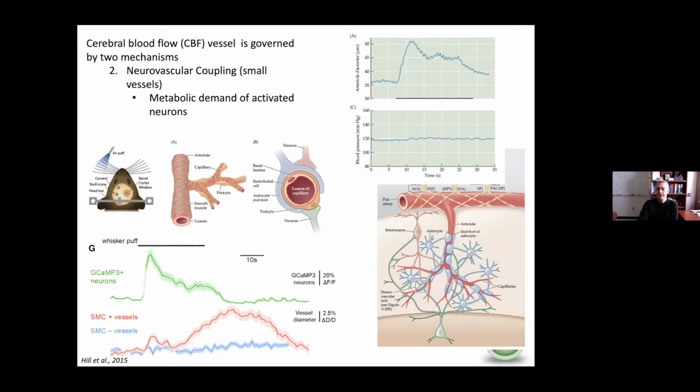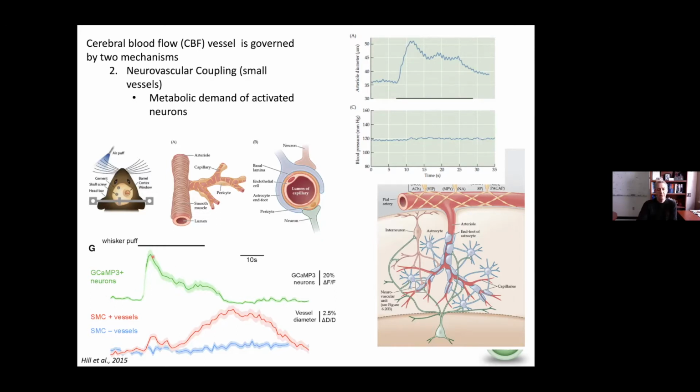And so here, in particular, in blue, you have the glial cells, the astrocytes, whose end feet will wrap around these blood vessels, and via communication with the neurons, will trigger vasoactive substances to constrict or dilate the blood vessel in absence of changes of blood pressure. So you can have a large change in arterial diameter despite no change in systemic blood pressure. And so this is the concept of neurovascular coupling.